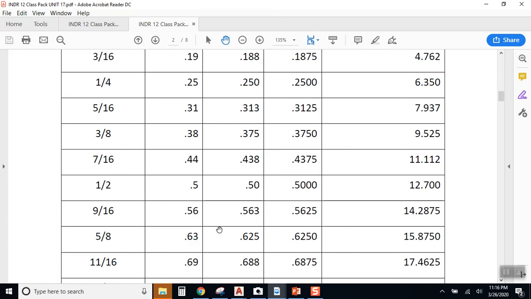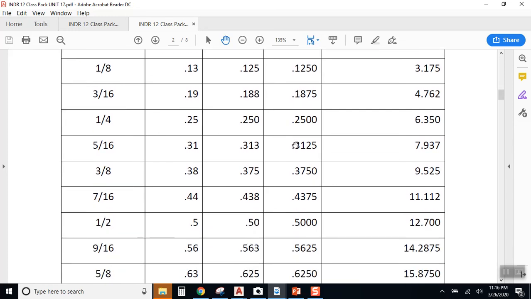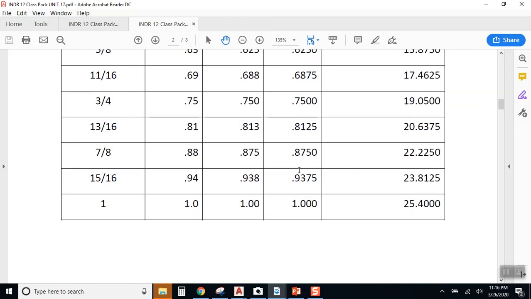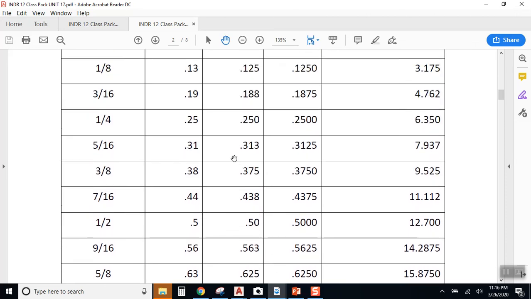So it's important to know 2 things if we want to convert fractions from common fraction to decimal. We need to know what's the common fraction we want and how precise we are going. Are we going to 2 places, 3 places, 4 places? I would strongly suggest using this conversion chart anytime you are working in common fractions and have to go to decimal, or you get some weird decimal number and you're trying to figure out what the common fraction is. If I tell you 0.4375 and you have no idea what the common fraction is,